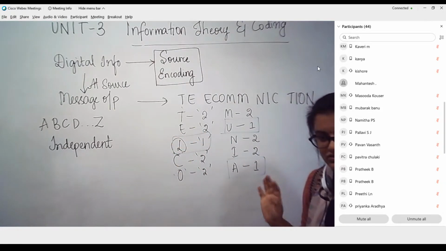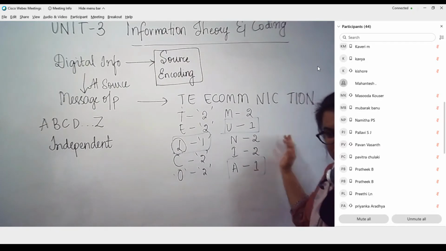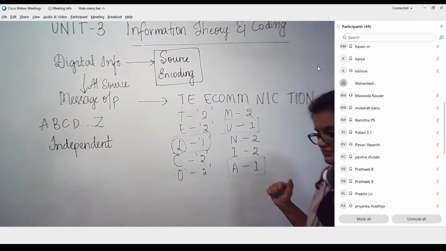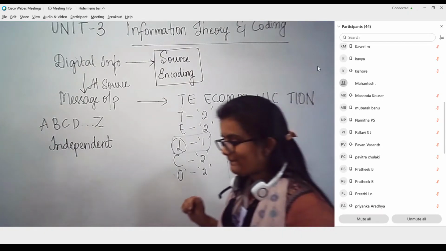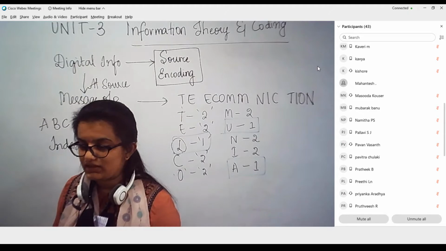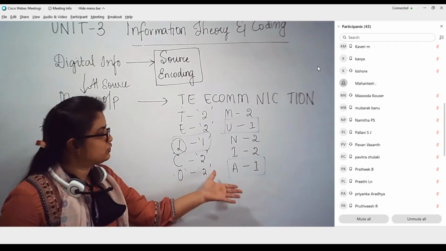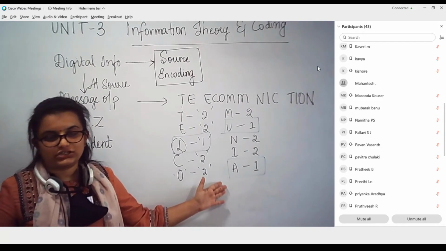Is this fine? Did you get this concept? Please say yes or no. Yes? So this is how we are going to make use of this kind of an analogy,